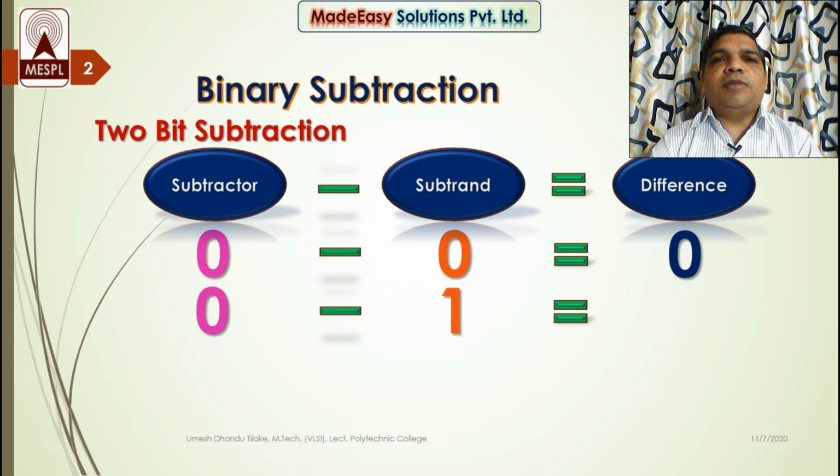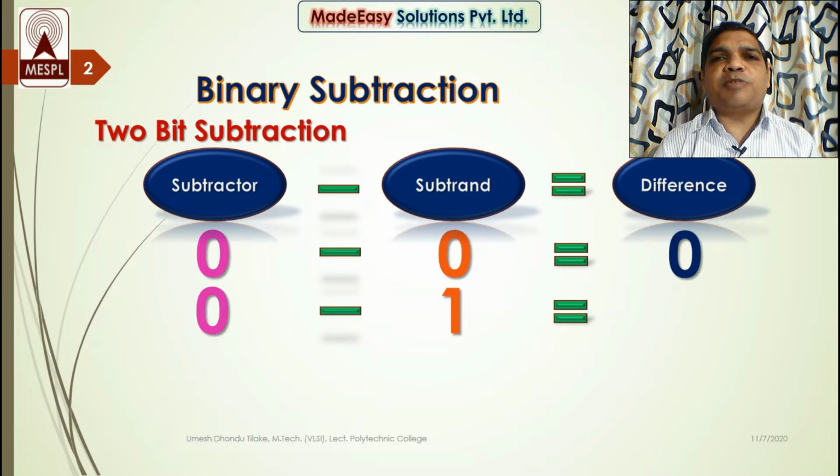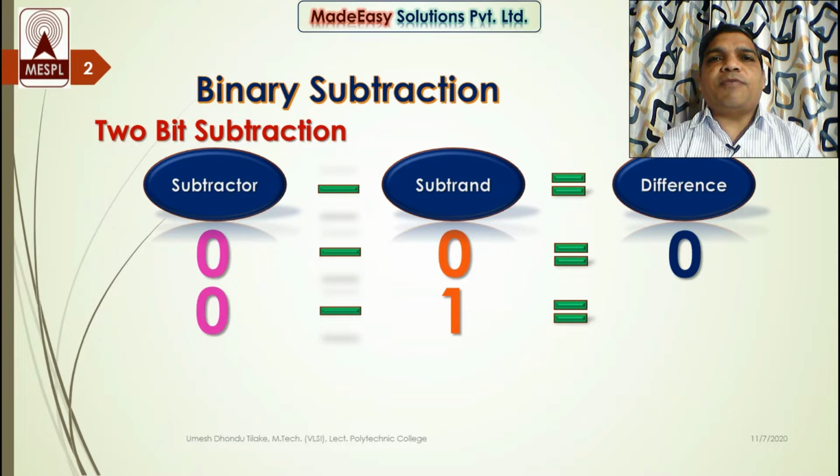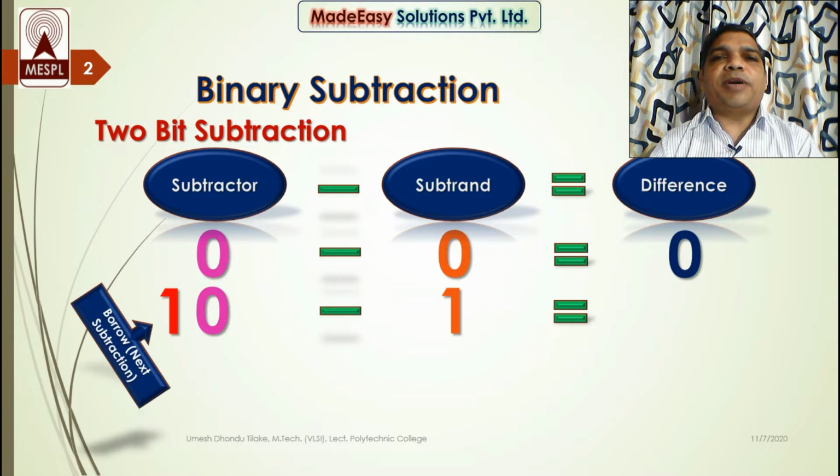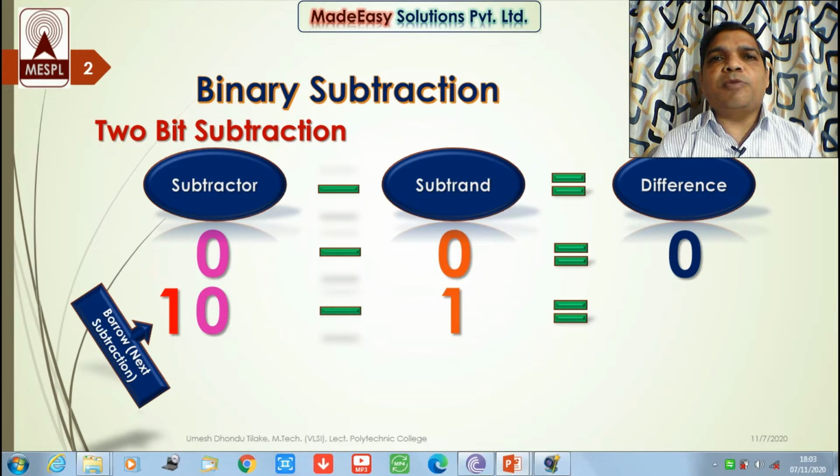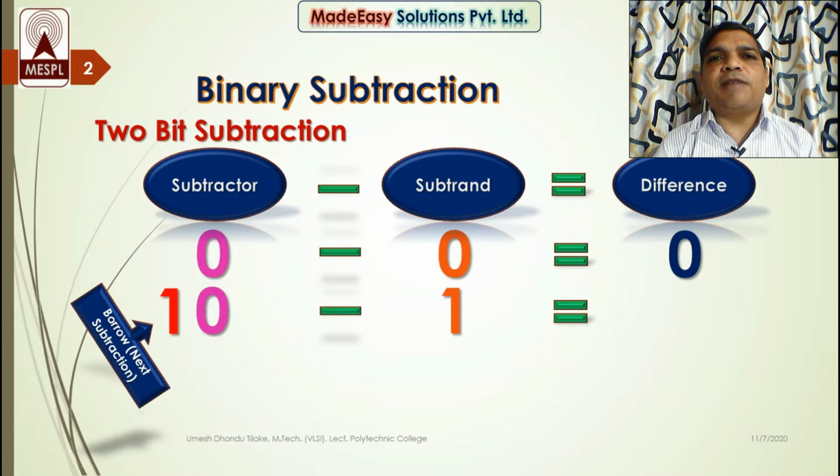Now you know in the binary number system we have only 2 bits, 0 and 1, where 0 is the smallest bit and 1 is the largest possible bit. So 1 cannot be subtracted from 0. So in such a case we take a borrow, and this borrow must be subtracted from the next bit subtraction, because we always take the borrow from the next significant bit, and the value of the borrow taken from the next significant bit is always 2, because this is a binary number system and the base of this binary number system is 2.